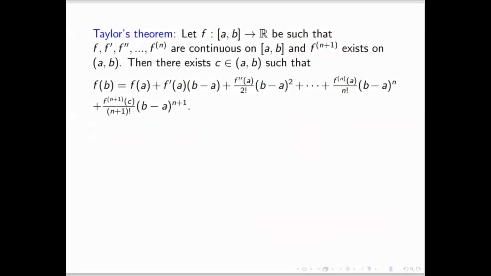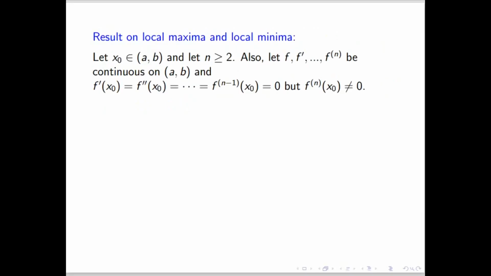So this is the Taylor theorem. Anyway, I will not go into this. No question will come in the exam from this. If you want to learn, that's why I kept it in this slide. That is optional. So now this is for a higher order derivative. Suppose the first derivative, second derivative, and up to the (n minus 1)th derivative are 0 at that point, and the nth derivative is non-zero. In that case, how will we say whether the function has maxima or minima?